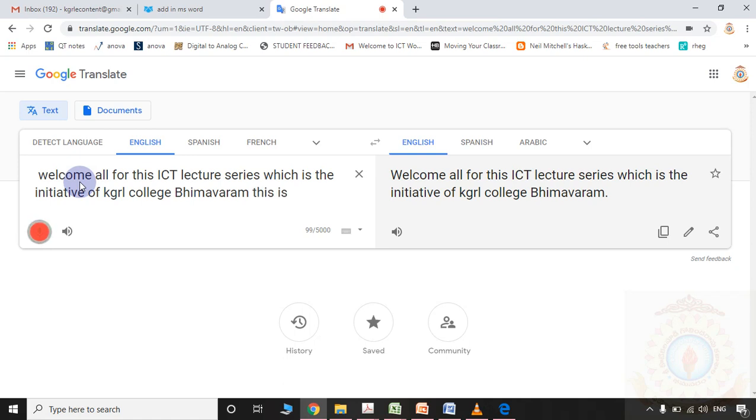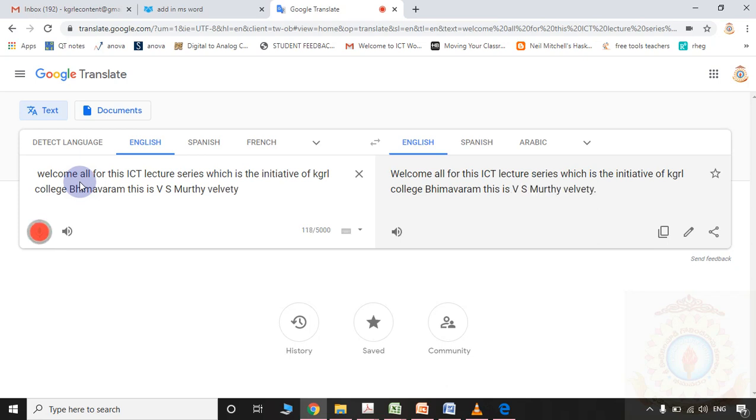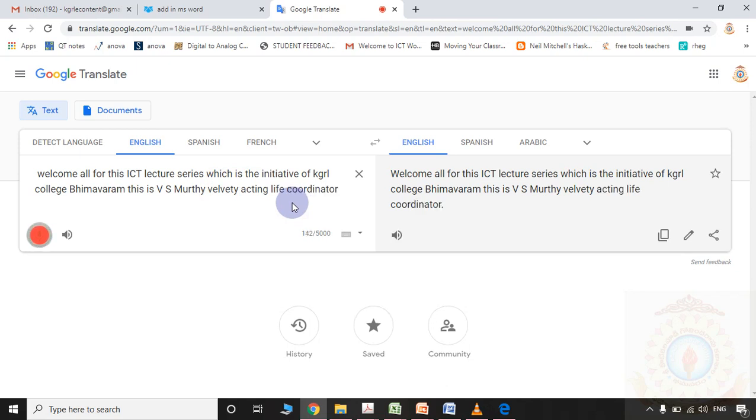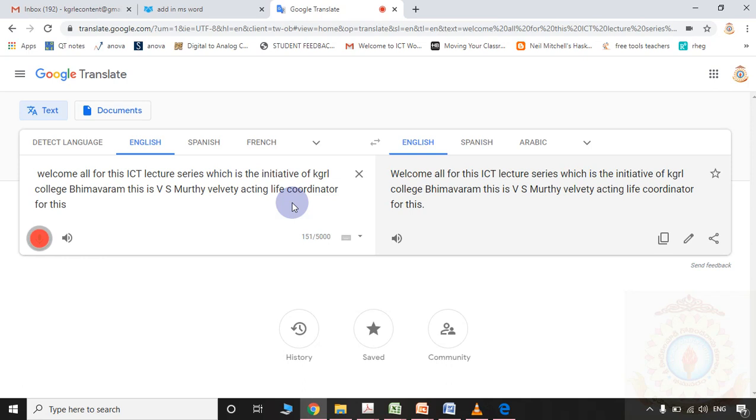This is VS Murthy Velaveti, acting like coordinator for this program.